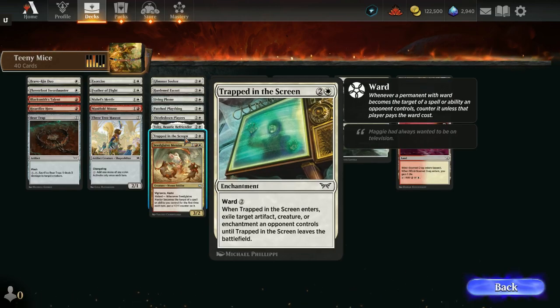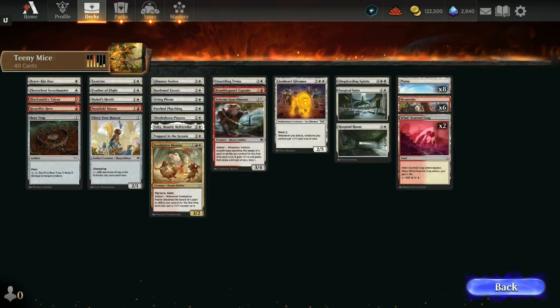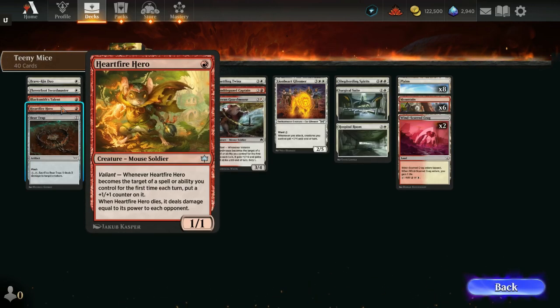One Trapped in the Screen, which is mostly like a Banishing Light, but with a ward 2 on it as well. It exiles artifacts, creatures, or enchantments. Seedglade Mentor, yet another mouse soldier. It's 3/2 with Vigilance and Haste, has Valiant. Whenever it becomes the target of a spell, you get a +1/+1 counter on it, which is just like the Hardfire Heroes